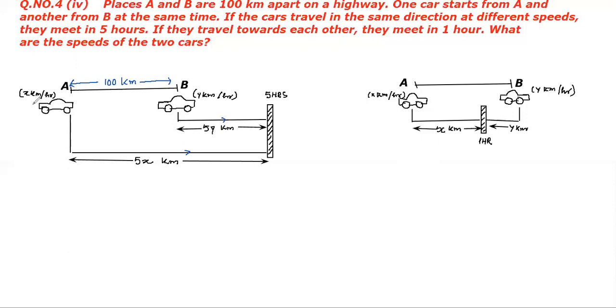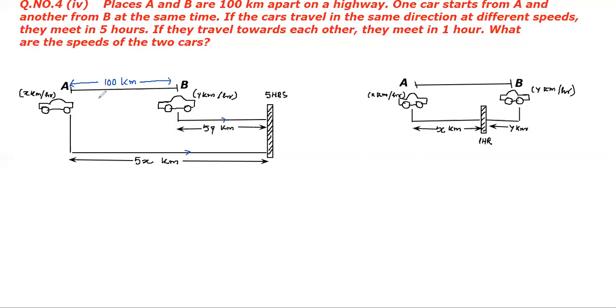Similarly, car A is moving with the speed of x kilometer per hour. After 5 hours, it is reaching the same point where car B is. That means definitely it is running with a higher speed. And therefore, in 1 hour, it is moving x kilometer. In 5 hours, it will move 5x kilometer. So that means the distance that car A has traveled must be 5x kilometer. Now children, see, 5x kilometer distance is more. If you subtract, see this situation and children analyze yourself.